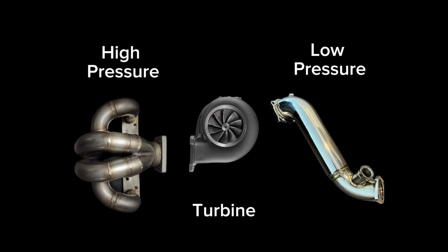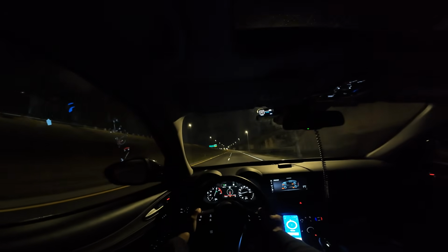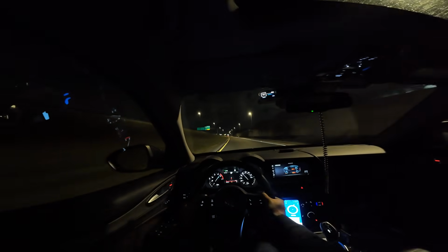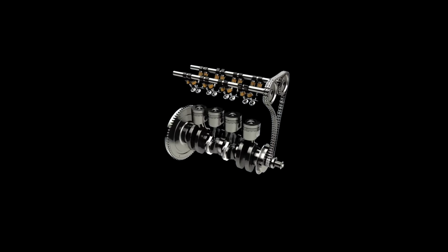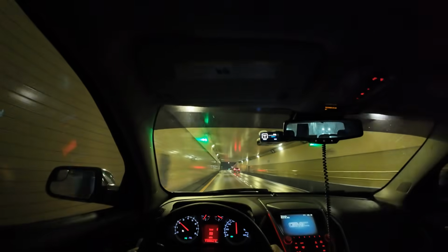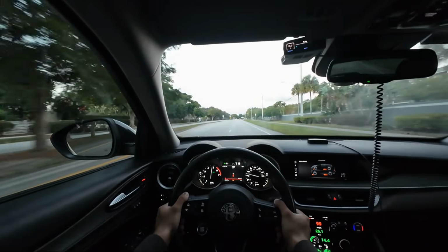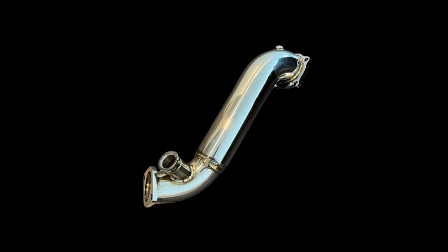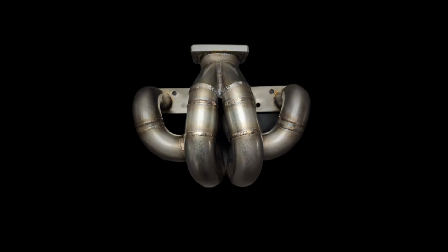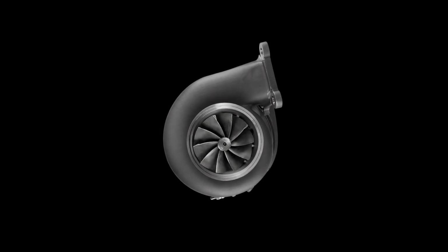same boost target. And worse off, the more drive pressure you need and the more pressure the exhaust manifold has, the more work the piston needs to do to push the exhaust gas out of the chamber. That extra work is called pumping loss, and it's caused by back pressure on both naturally aspirated and turbo setups, but in turbo setups it differs because the increase in back pressure causes an increase in drive pressure to hit that same boost target, which kills horsepower. Because the goal on turbo engines is just to make the exhaust gas work and get out as fast as